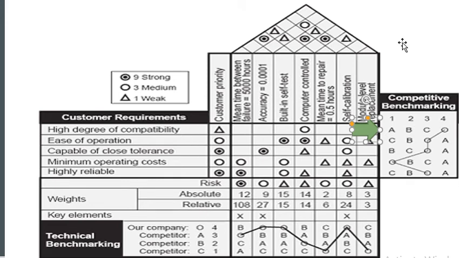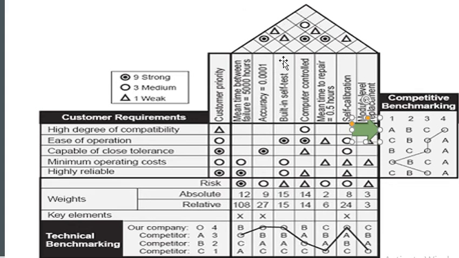Okay, these are the important parts of your house of quality. We manually give values to competitive benchmarking and technical benchmarking. We include our own customer requirements here, we include our own technical requirements here. We try to establish a relationship between different requirements. It is not necessary that each and every technical requirement should have a proper relationship with each other. If you see here, there are some empty spaces over here.